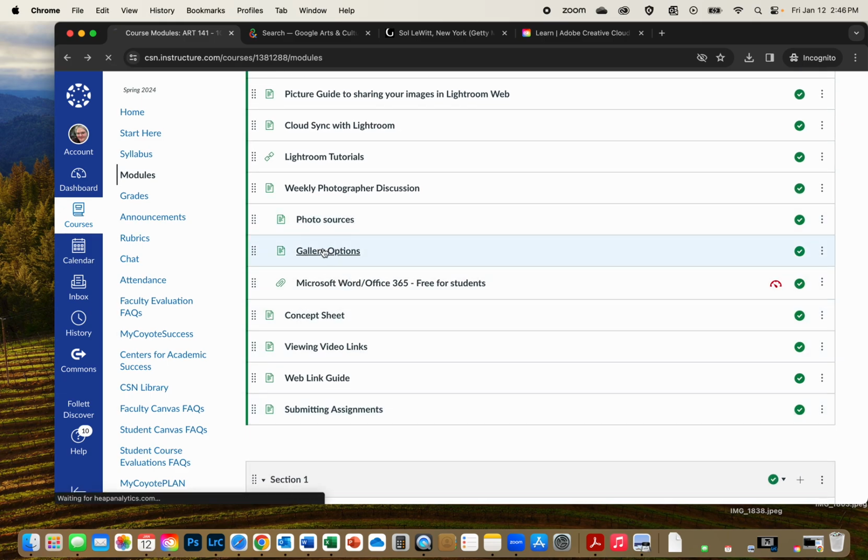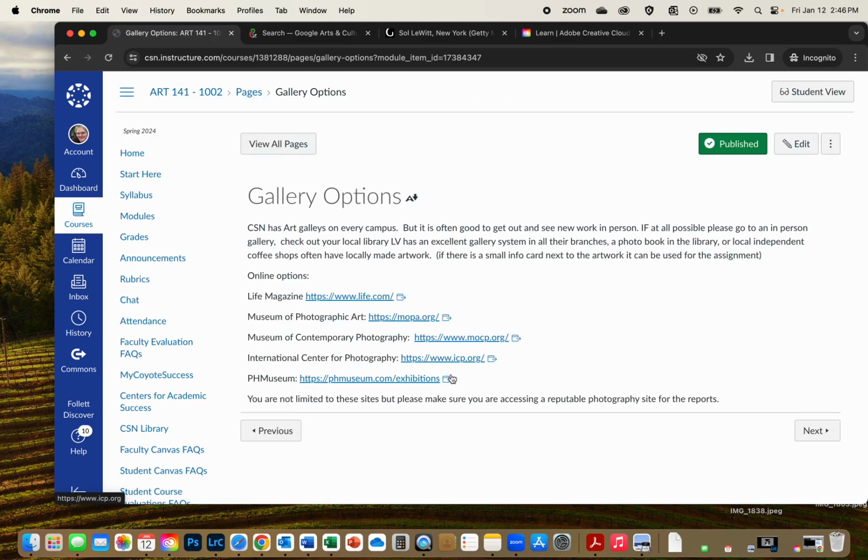So, photo sources, gallery options for reviewing art galleries. There will be 2 art gallery reviews. There will be that form that I'll get that link fixed. And again, they're short response forms. They're not a big written essay, but you must go see a gallery in person. If that is absolutely impossible, then those galleries are options, but I really do encourage you to go see some